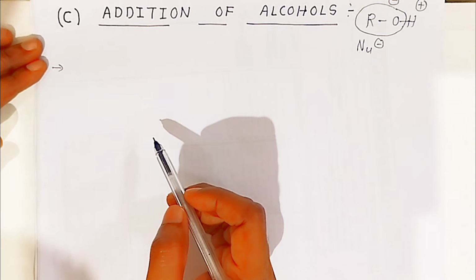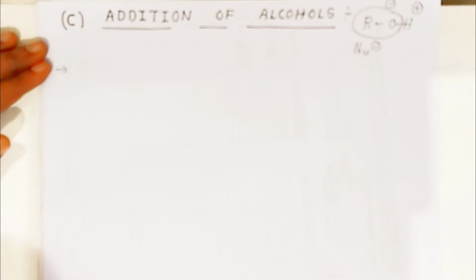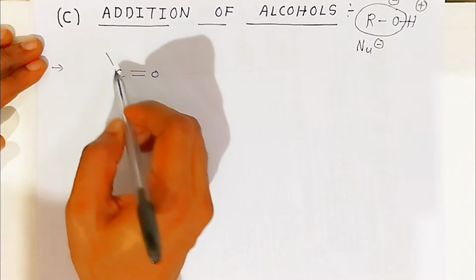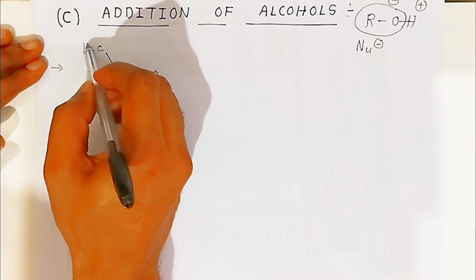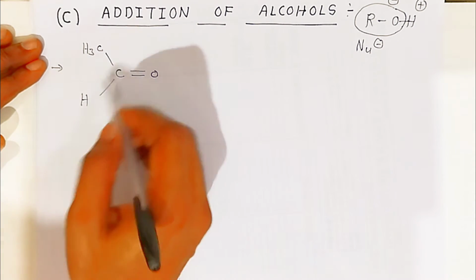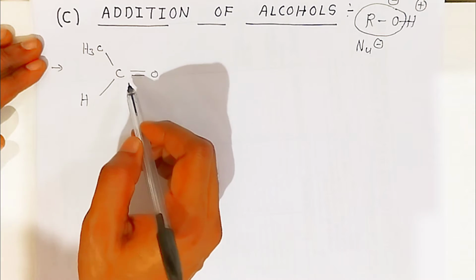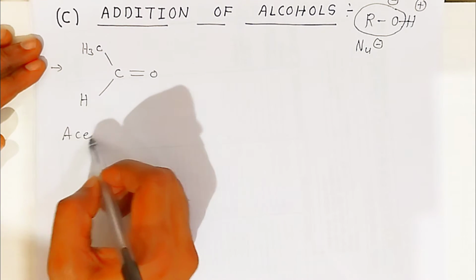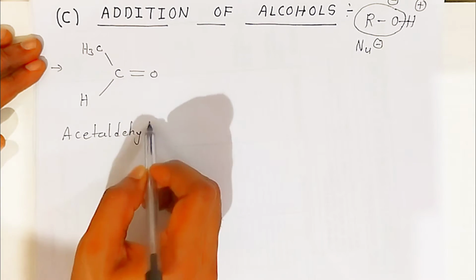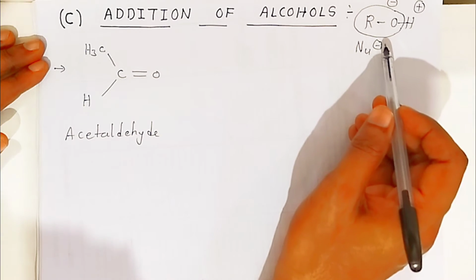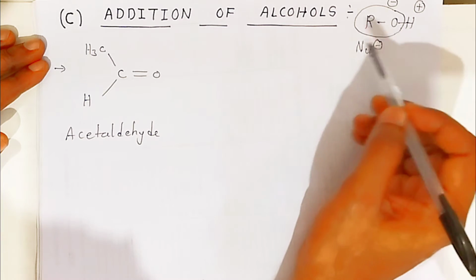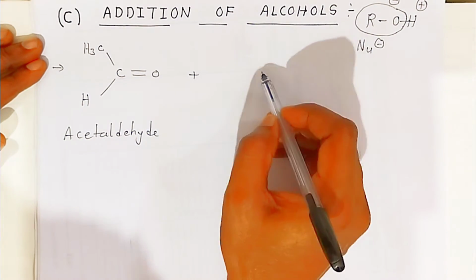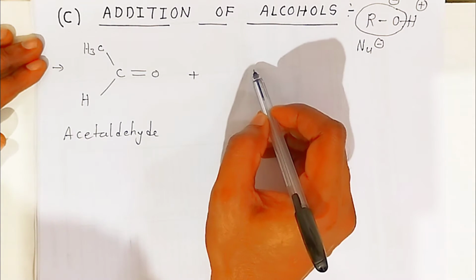Now what happens students, when you take the first example of aldehyde, that is acetaldehyde: carbonyl with 2 valencies, one by methyl, the other by hydrogen. When this hydrogen is directly attached to the carbonyl carbon we call it aldehyde. Containing 2 carbons we call it acetaldehyde. Now when you take the alcohol, instead of methanol I am taking ethanol. If you take the addition of ethanol, here students we can also write like this,